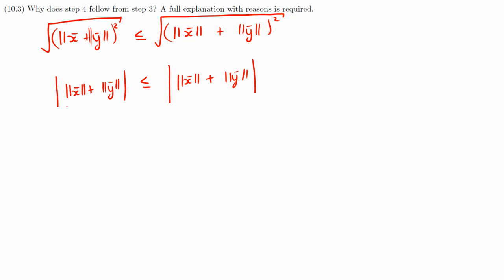Now we know that since this is always going to be greater than or equal to 0 for any a that is an element of R n, then